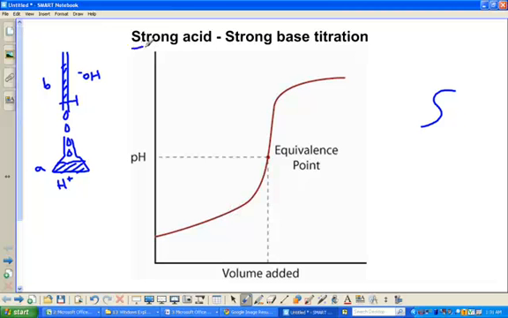So when you have a strong acid, say HCl, in your flask, and you titrate into it a strong base, NaOH, alright? If we assume that we have the same concentrations here, 0.1 molar and 0.1 molar, what we'll find as we add the NaOH into the HCl, we have the neutralization reaction between the two, and the acid in here starts to get used up by the base, and so the pH starts to go up. So you have this general increase in pH,